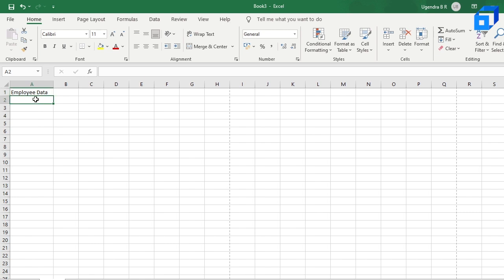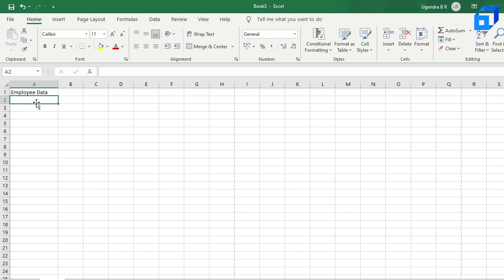Now you can see that employee data fits perfectly fine in the A1 cell. Now, employee data basically contains the names of employees, email IDs, the region that they're working in, and so on. So let us fill the first name.